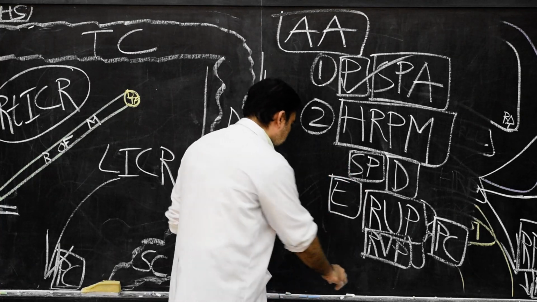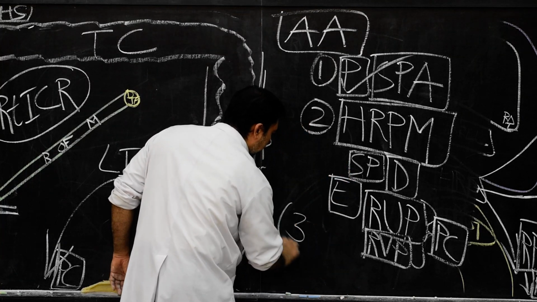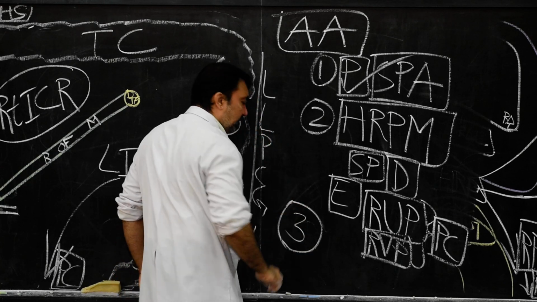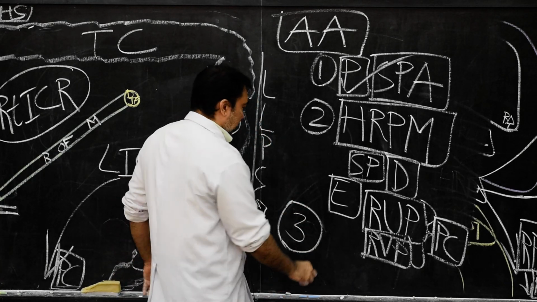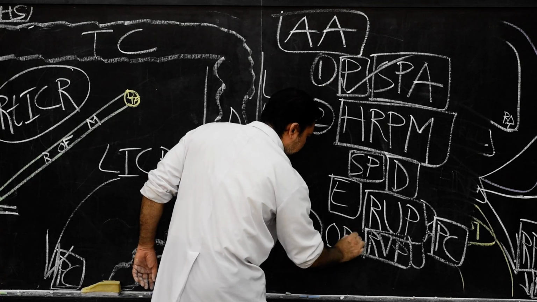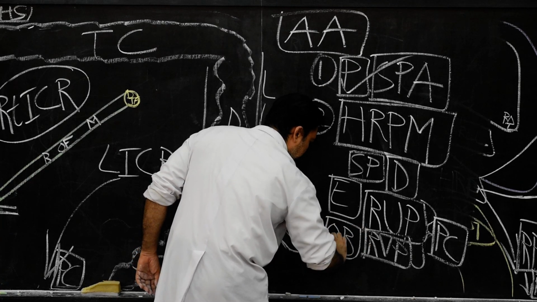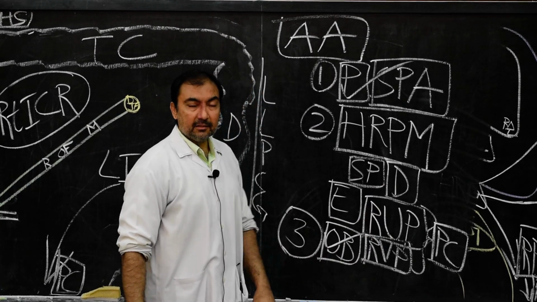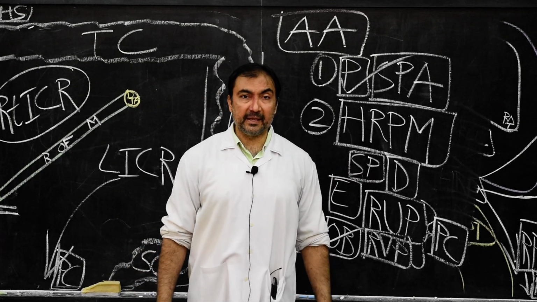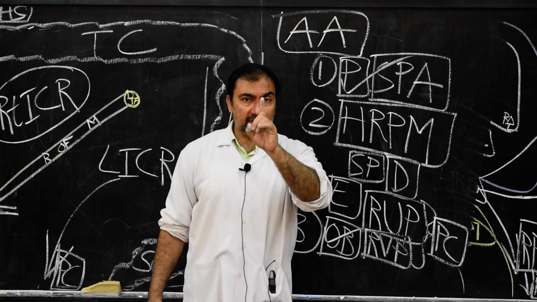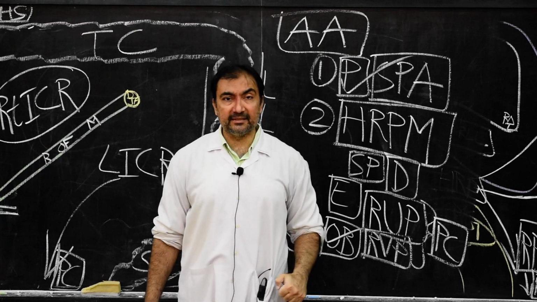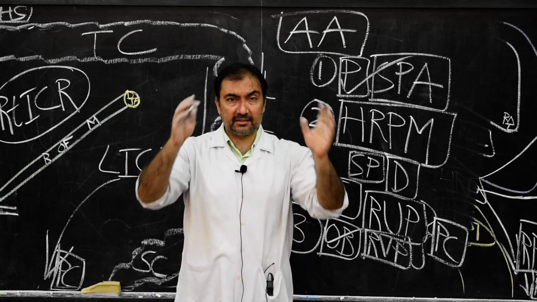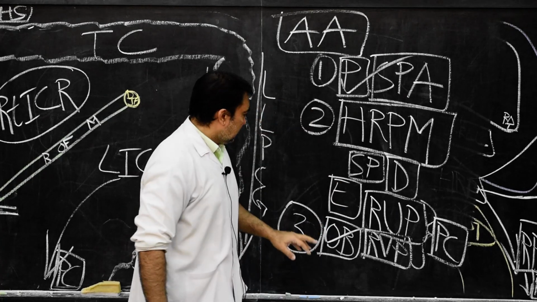And now we come to the last point, point number 3 of the applied anatomy: the omental bursa. We know this omental bursa. What is this omental bursa? It is also known as the lesser sac, or the left subhepatic space, which we have discussed so many times.